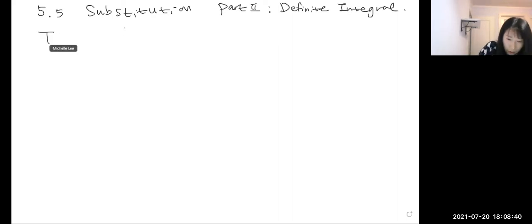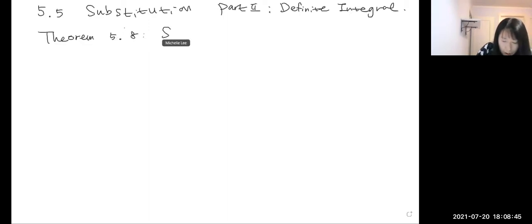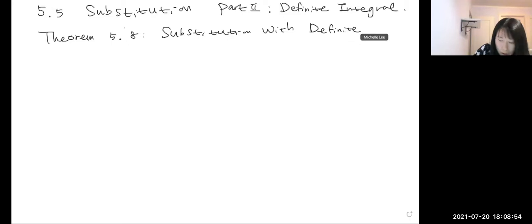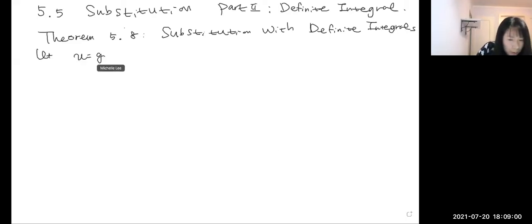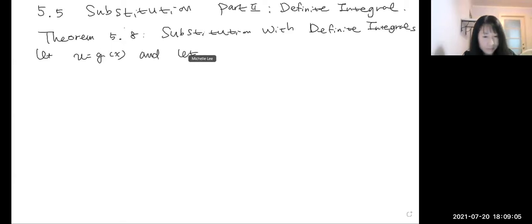Let me start with the theorem 5.8, substitution with definite integrals. Let u equal to g of x and let g prime. I cannot read it. Is it g prime or is it